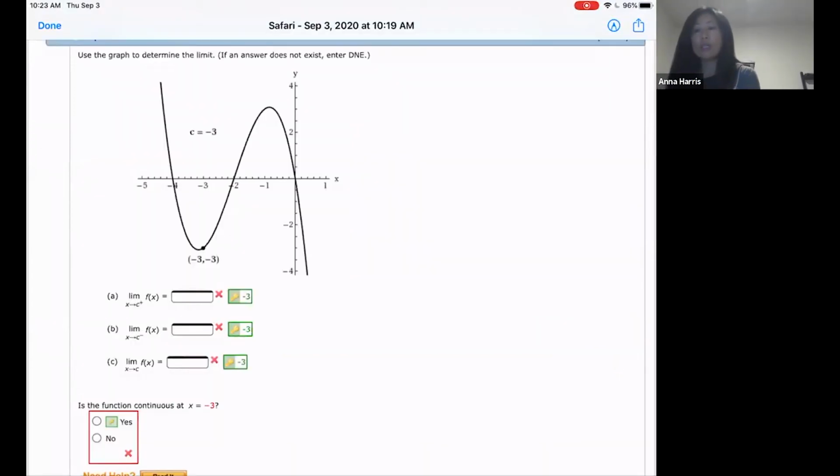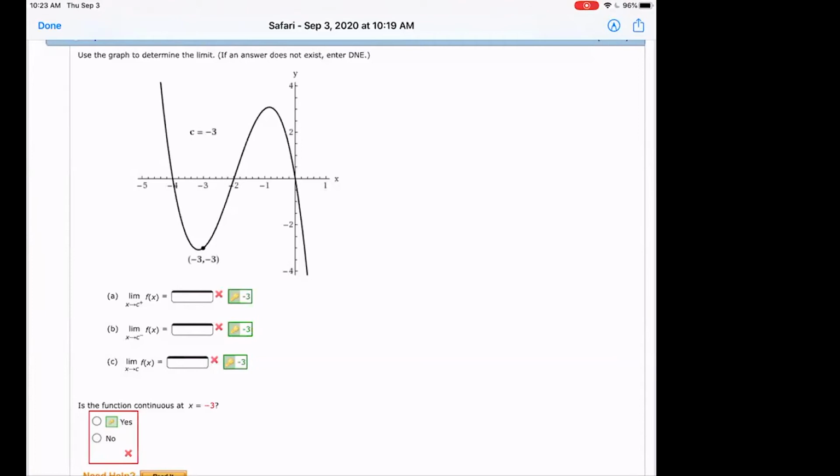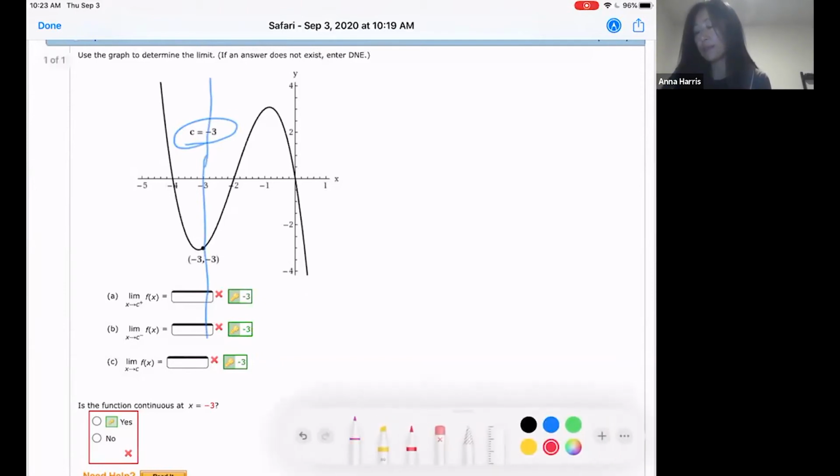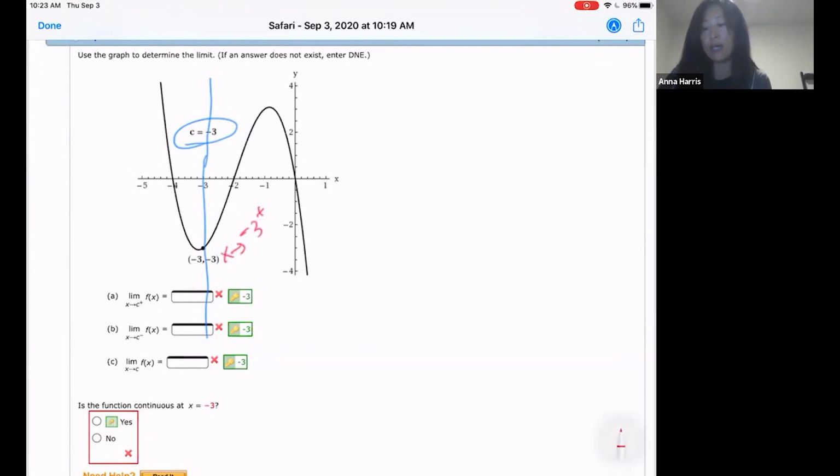All right, let's look at this one. Use the graph to determine the limit. If the answer does not exist, enter DNE. So we're going to do it again. What is the x they're looking at? This number, -3. I'm going to draw myself a line so I know which side is right and which is left. So I'm going to do -3 from the right. As x approaches the limit I'm looking for, which is this one right here,